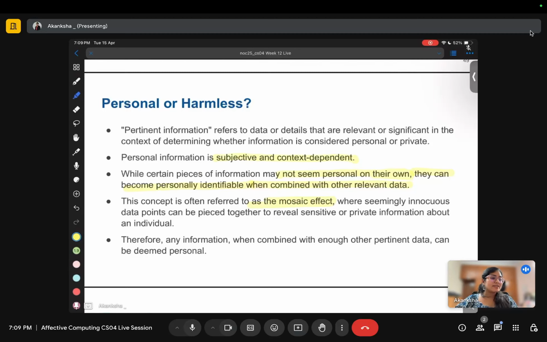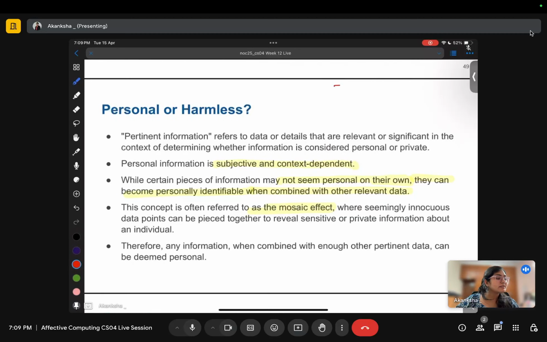Mosaic means to put pieces together, like putting puzzle pieces together so it will form a painting, or some kind of scenery. So it can reveal more information. On their own the bits and pieces don't make sense, but when you combine them, it creates the mosaic effect: seemingly harmless data points which can be pieced together to reveal sensitive or private information about an individual.